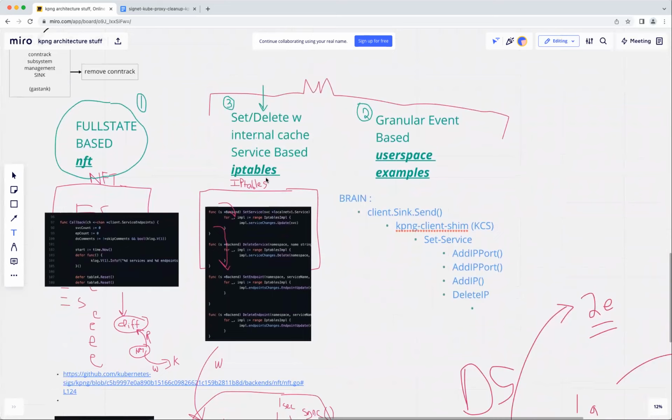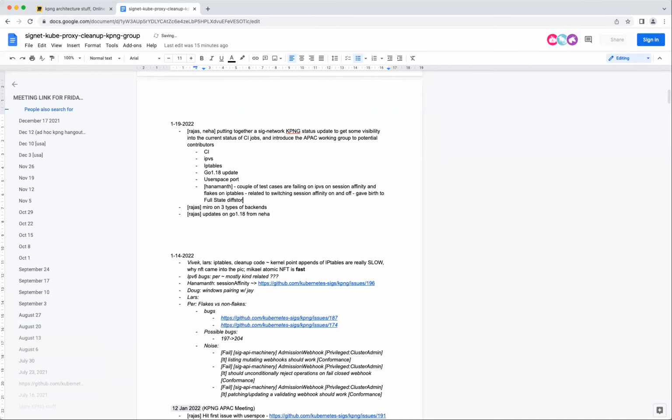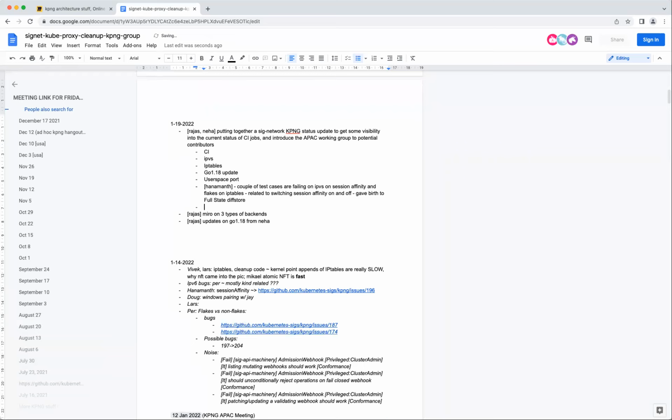Sure, yeah. So Hanuman, you mentioned some session affinity bugs in that IPVS. So are you fixing those bugs, or what's the plan for getting those fixed?